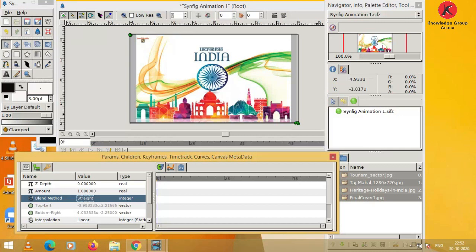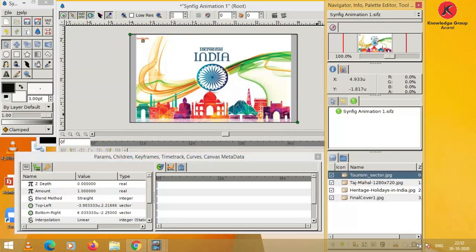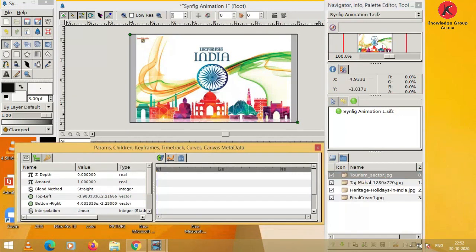So one by one we can arrange the amount property. Select the first layer and from the parameters panel select the amount parameter.